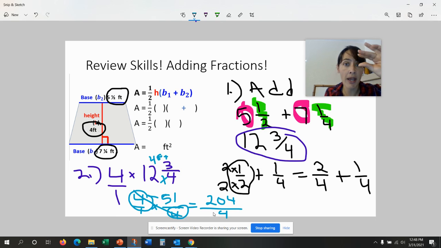Now to go from an improper fraction back to a mixed number, we do long division. Long division says 4 into 2 is 0, 4 into 20 is 5. 5 times 4 is 20, 20 minus 20, you can do this on paper, is 0. Bring down the 4, how